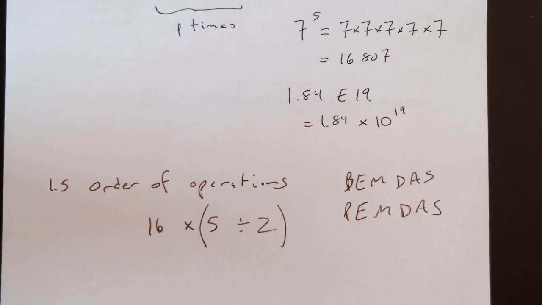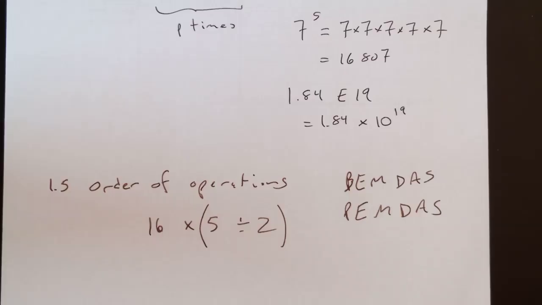So I don't care what sort of abbreviation you've seen. Anybody know what either of those are? What does it represent mathematically? Parentheses, exponents, multiply and divide, add and subtract. We made it up. By the way, BEDMAS is the British version, because they call parentheses brackets. So brackets, exponents, multiply, divide, add, subtract.